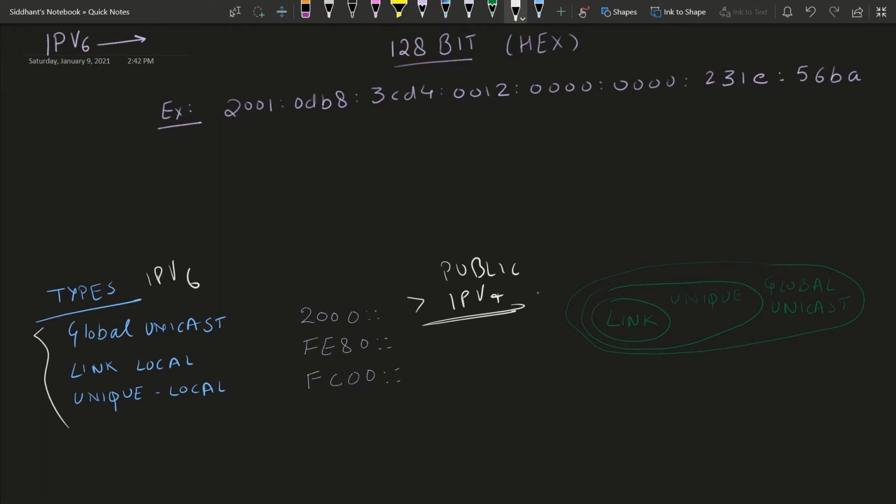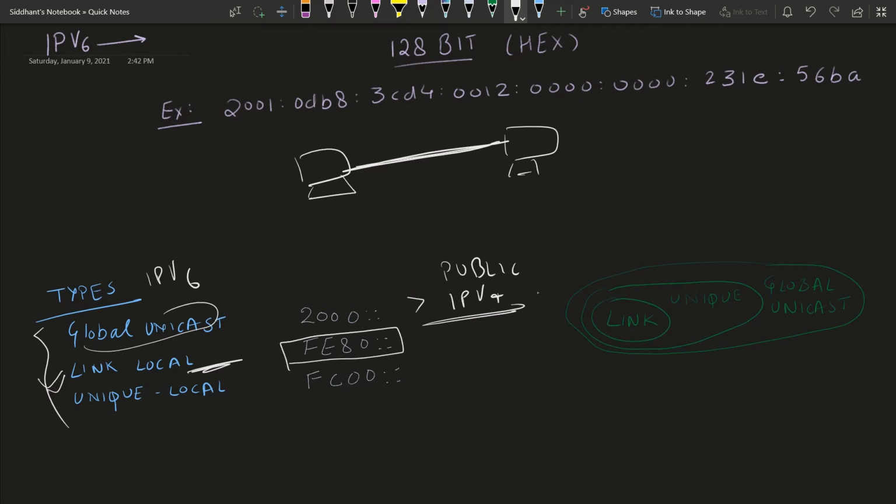Now we have a special kind of address here, which is a link local address. Suppose two PCs are connected with each other and they want to communicate, then we will use this link local address. We don't have to use global unicast addresses to communicate between two standalone PCs. Every device has this by default.